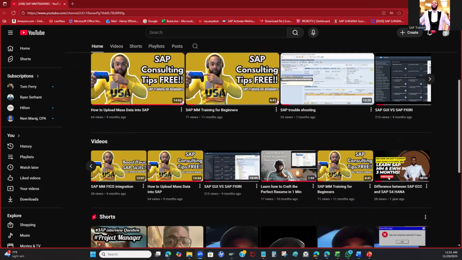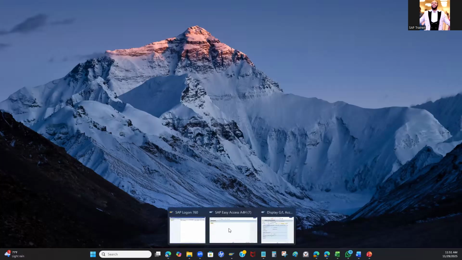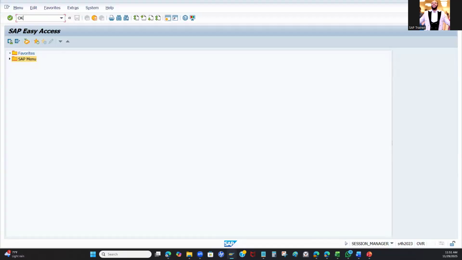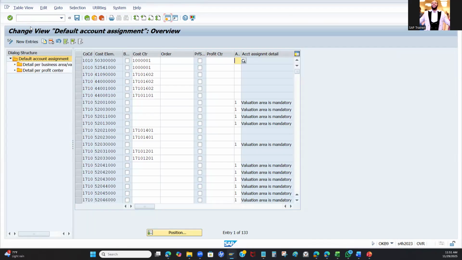Today's session is going to be centered on a very important topic. This topic is new to the SAP S/4HANA space, and it has to do with the cost element configuration. If you know that within the cost element configurations for SAP ECC, it was previously separated from the GL account. But right now in SAP S/4HANA, we would need to configure the cost element for cost center into a